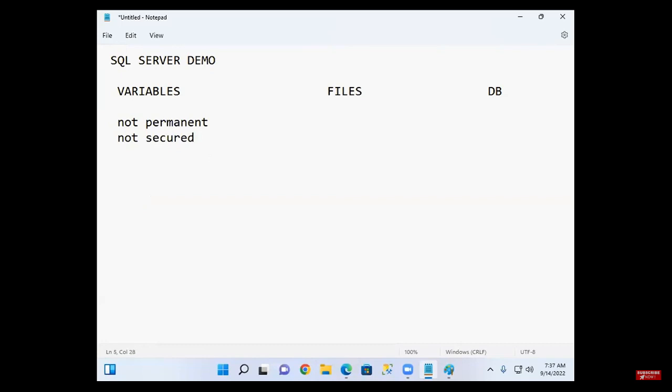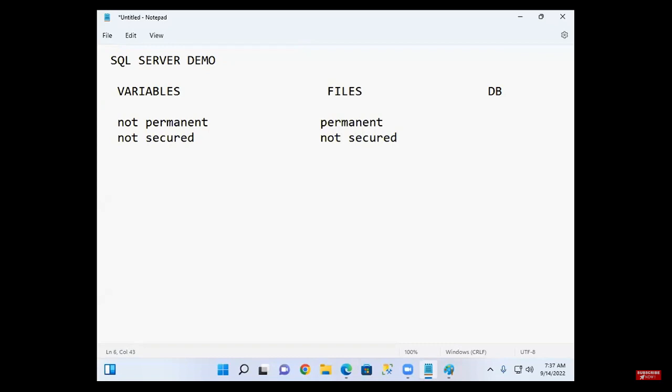If you go to files, the data stored in files is permanent or not permanent? Permanent. You take an Excel file. Today you stored some data. Tomorrow that will be there or not? Yes. Tomorrow you can open that Excel file, you can work. That means data stored in files is permanent. But the data stored in files is not secure.